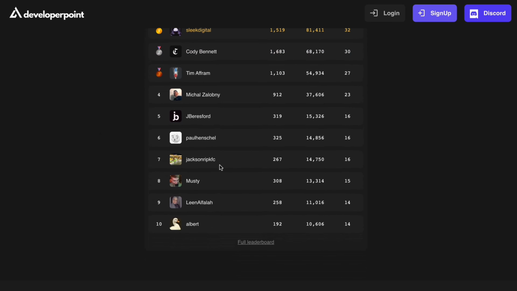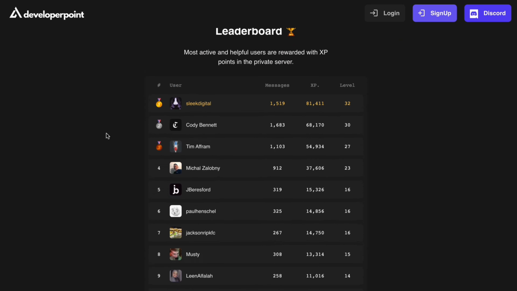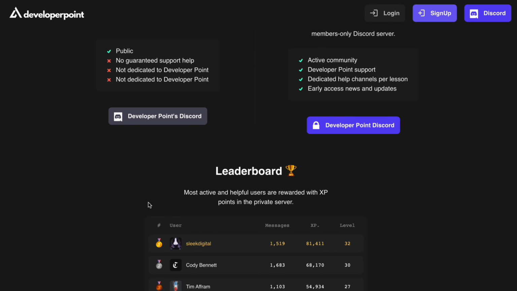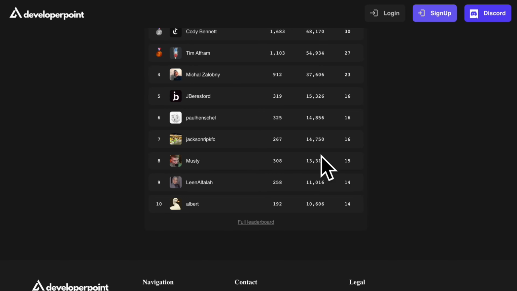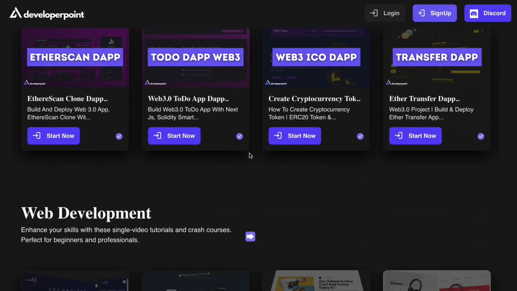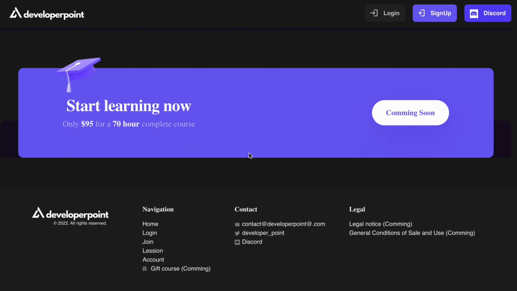Currently I'm testing with demo data. Once we have real Discord members, their data will be displayed here, and we'll show who is more active. So that one is also looking absolutely fine. If I click here, I can come back, and if I scroll all the way down, this is how it will look, and from here I can navigate to different pages. So if I click on this,